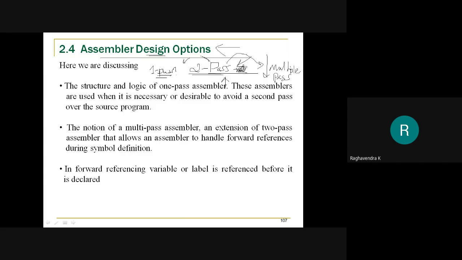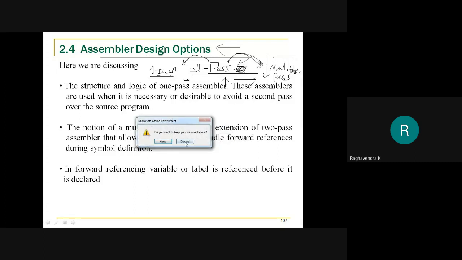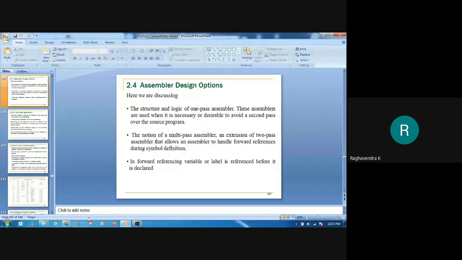So whether it's possible for us to design a one-pass assembler, or can we go to the other extreme and design a multi-pass assembler, which can go through our source program more than 2 times. These are the two extreme design options which we are supposed to look into. Of course, time is up, so we shall look into that in our next session.